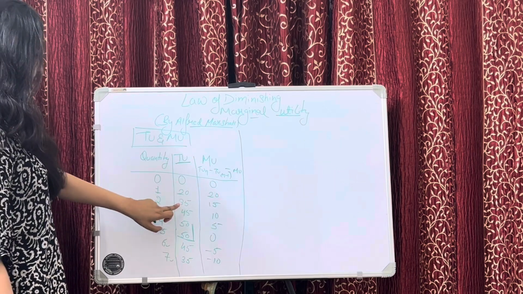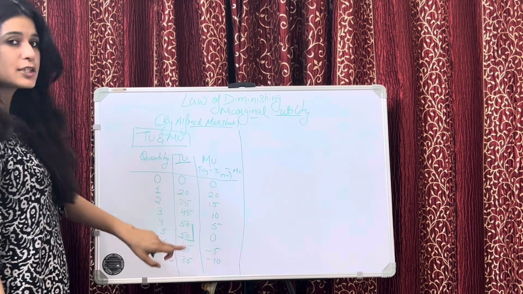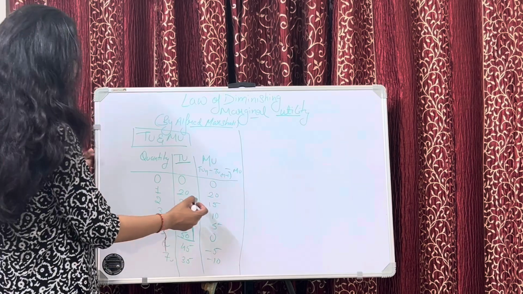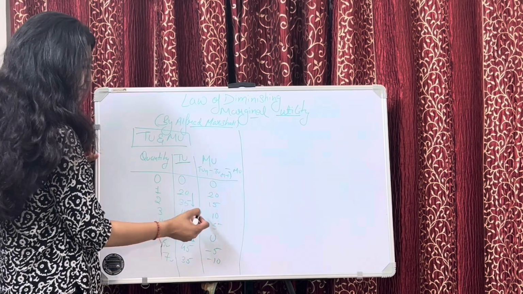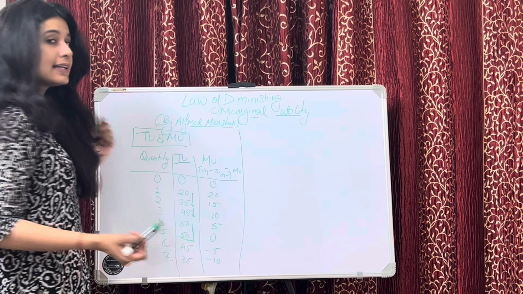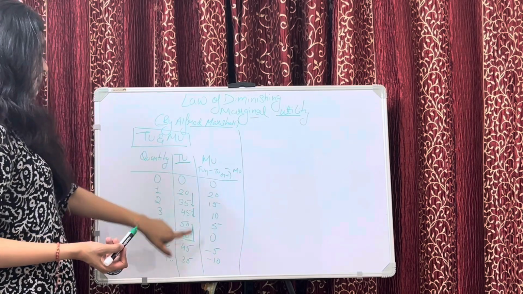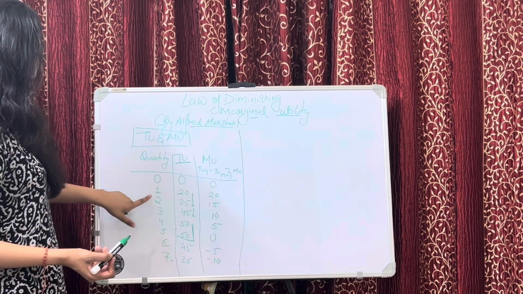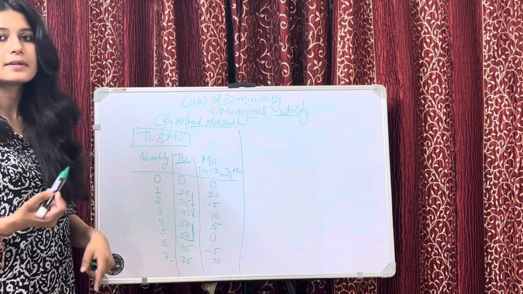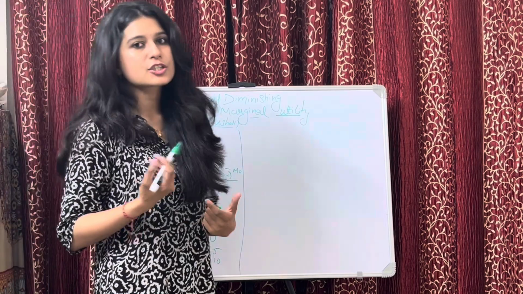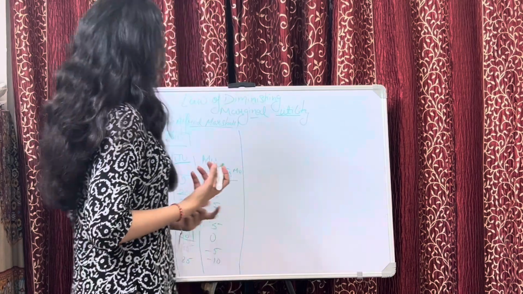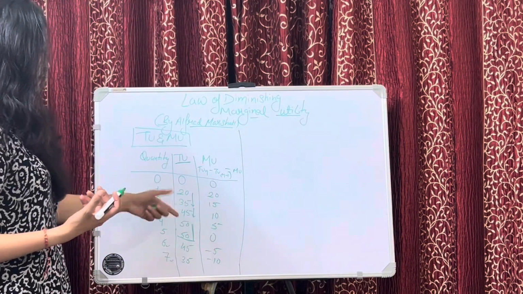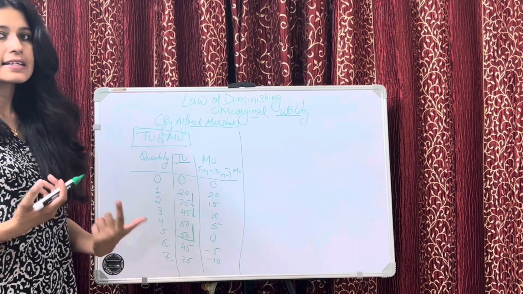And here it is increasing, okay, but it is increasing at a diminishing rate. Why is it increasing at a diminishing rate? See, here it is increasing by 15, here it is increasing only by 10, okay. Why is this going to happen? Because marginal utility is declining after consuming every additional unit of the commodity, okay. And I told you why marginal utility declines in the previous class. So this is the reason why the total utility is increasing at a diminishing rate.